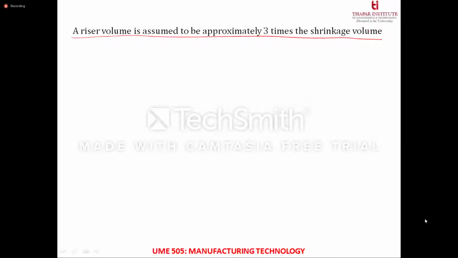What it basically explains is that when the shrinkage is happening in the casting and you have molten metal in the riser also, the riser is also going to solidify. But if you remember the solidification time principle, which I explained during the riser design, the solidification of the molten metal in the riser should be later than the solidification of the molten metal in the mold cavity.